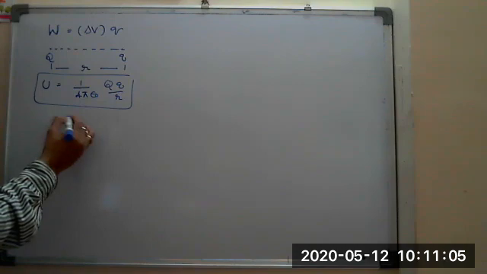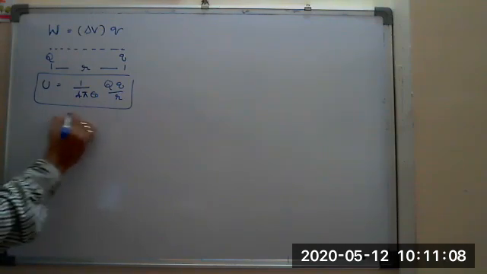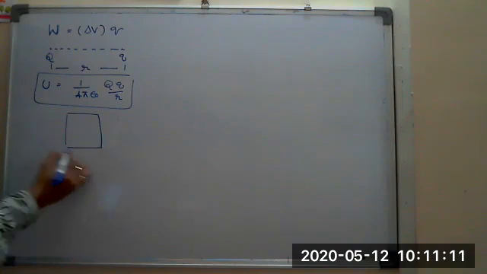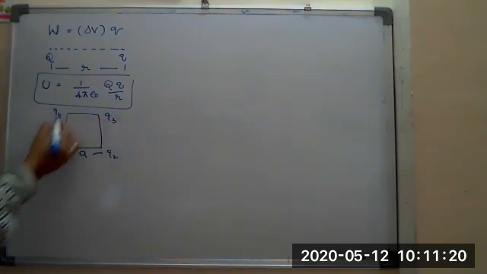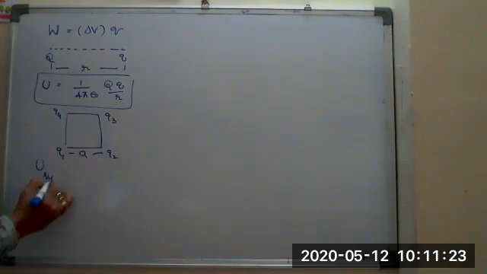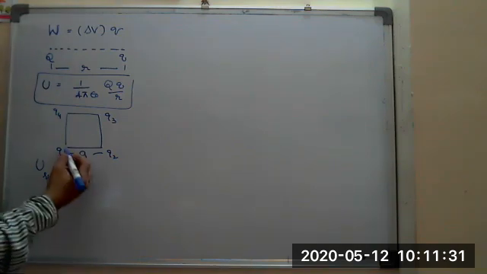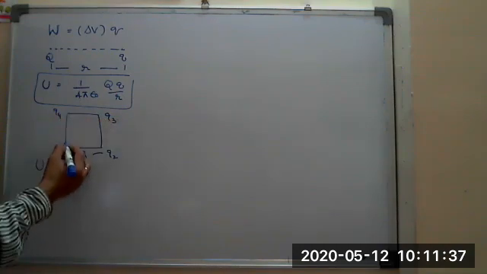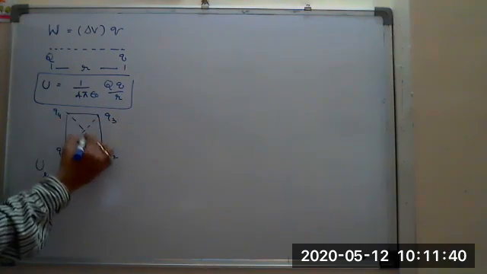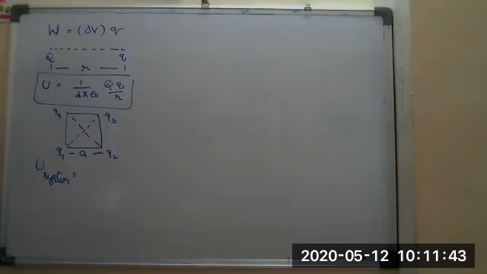Suppose one small example, like that day what I asked: how many pairs are there for a square of side length, and 1, 2, 3, 4 charges are placed. What is the potential energy of the system? The day you told, the potential energy of the system is equal to the number of pairs we have to count. You said 2, 3, 4 pairs, and the diagonal also, the day you told 2 more pairs. So here, if we see,